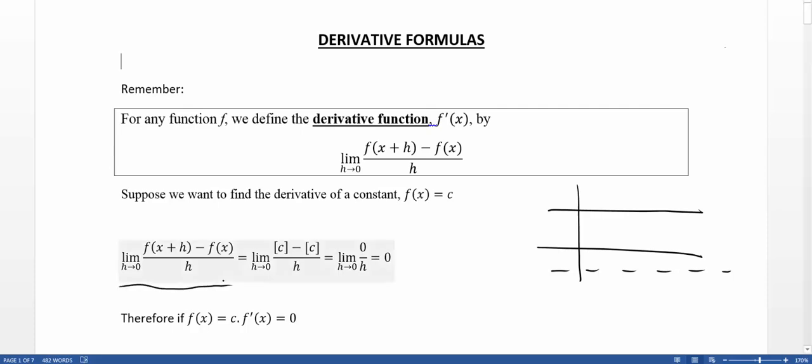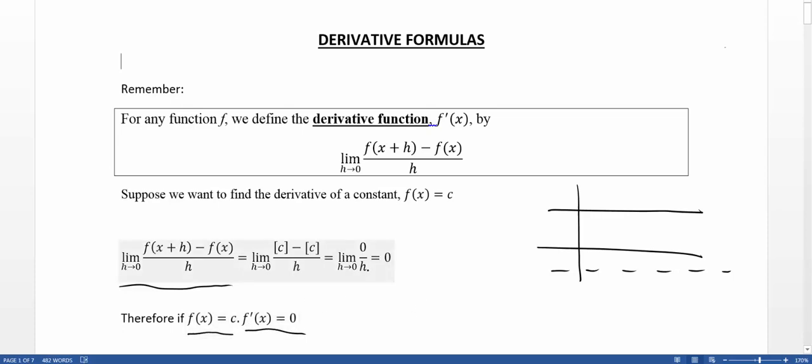If you plug in an x plus h into f of x equals c, you just get c because there is no x to plug into. Similarly, f of x also equals c. So we end up with the limit as h goes to 0 of c minus c divided by h. Well, since c minus c equals 0 and h doesn't ever equal 0, it just gets really close, 0 divided by anything is always 0. So we find that if our function is just a constant by itself with no variable in it,